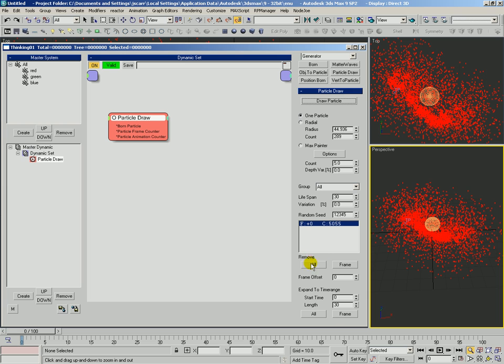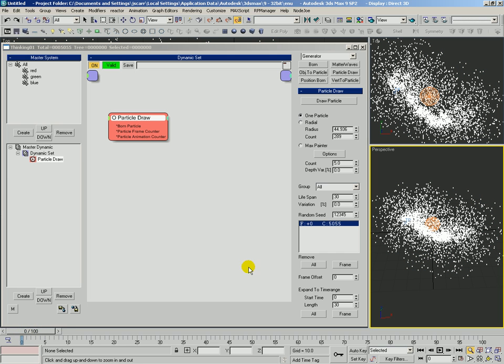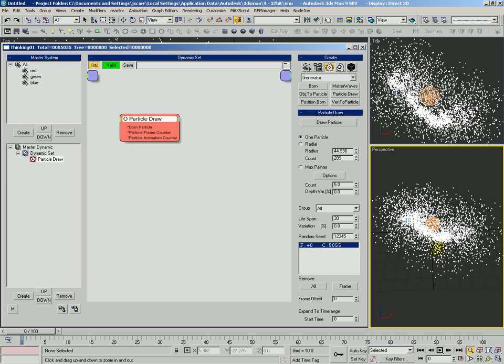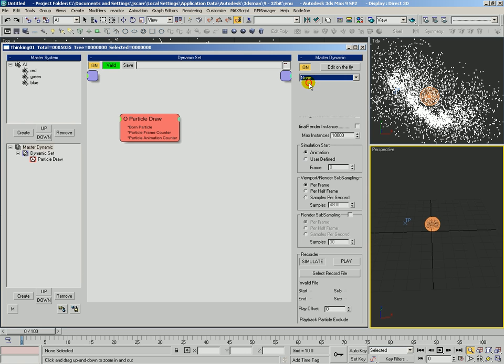Something I just used a minute ago was the remove function. This is going to remove all particles. But before we do that, let's talk about this information we see here. This is telling us at frame 0 it has a count of 5,055 particles being created. What happens then is, we'll go ahead and scrub to update that. If you select the ParticleDraw, it will show the markers of where they're going to be born. That's especially apparent if we